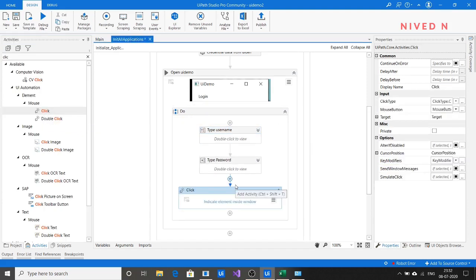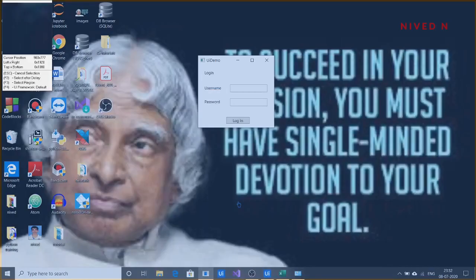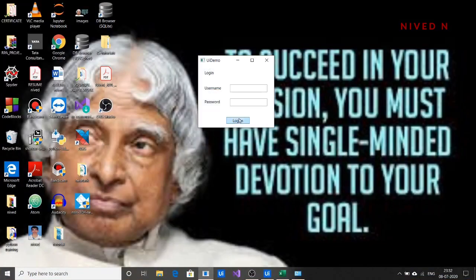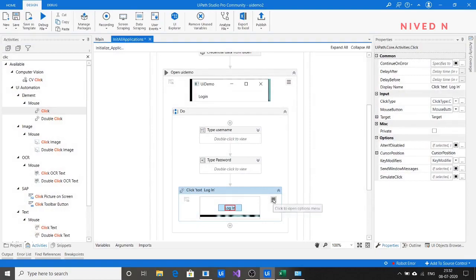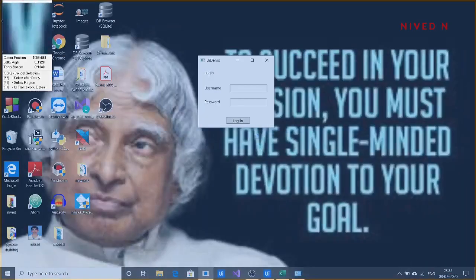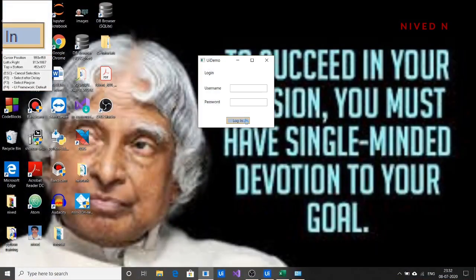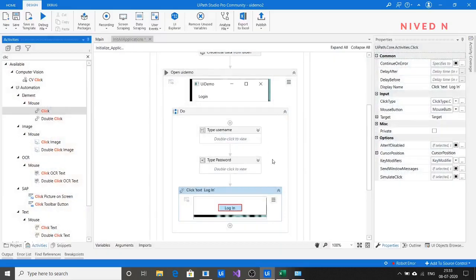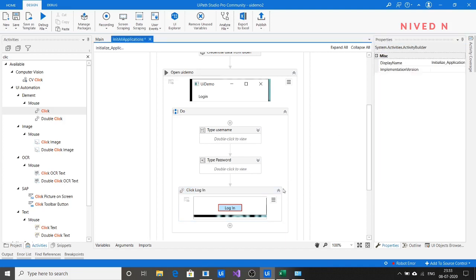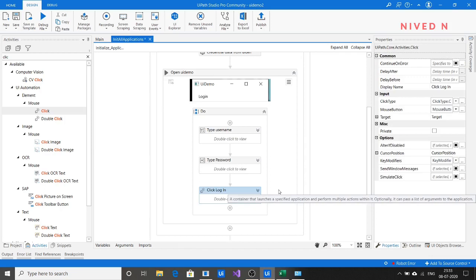So using a click activity, press the login. Just click it again, I think some errors will be there. Give it a name, click login.